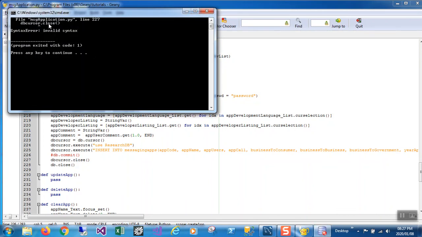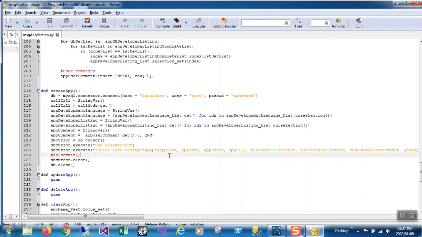So syntax, what is causing this problem? We'll see what is